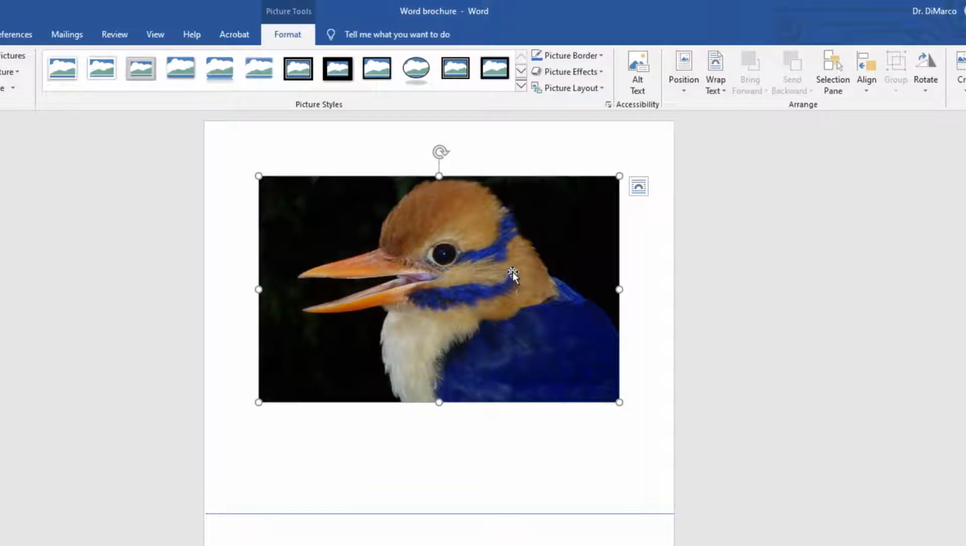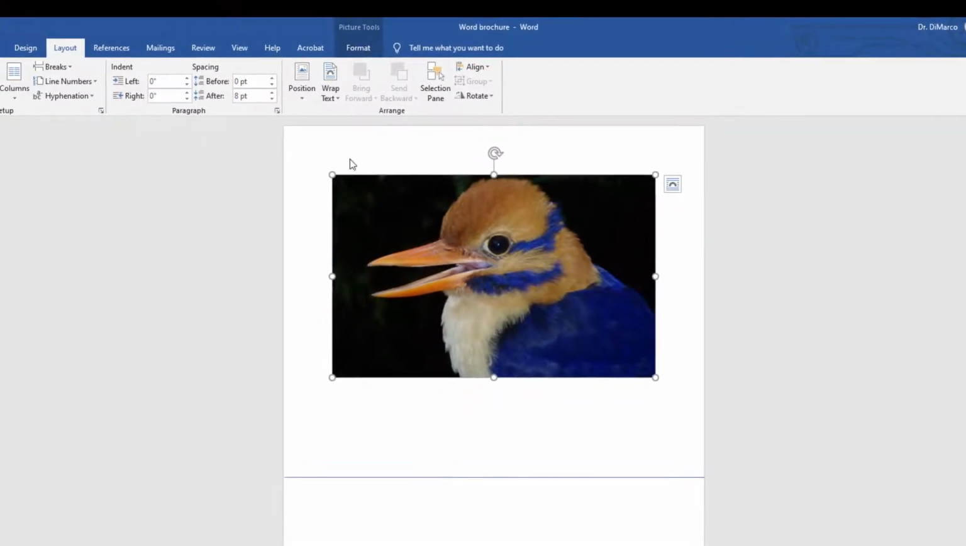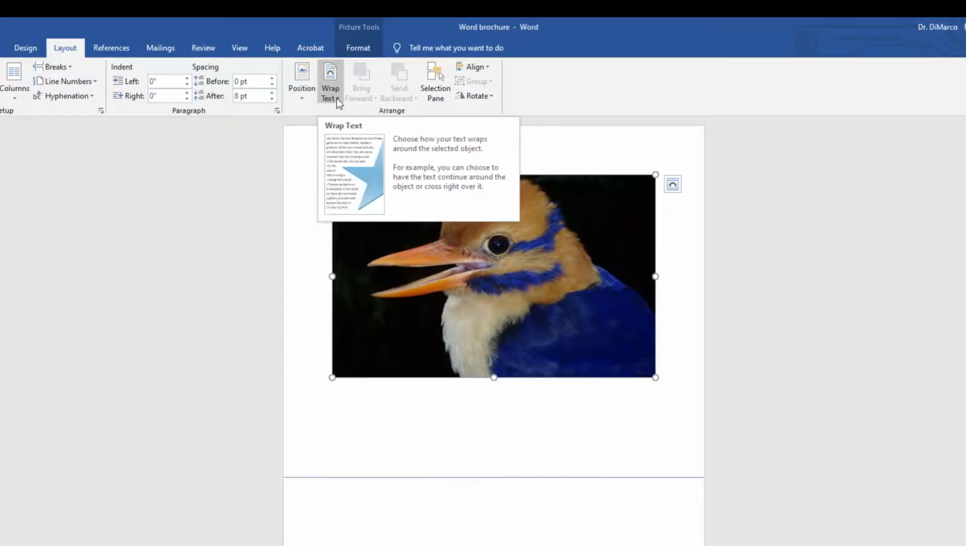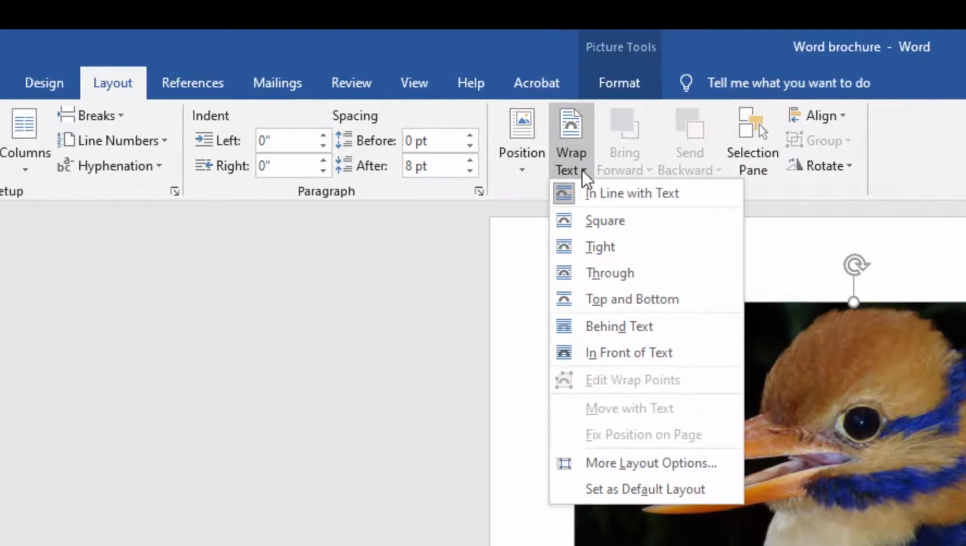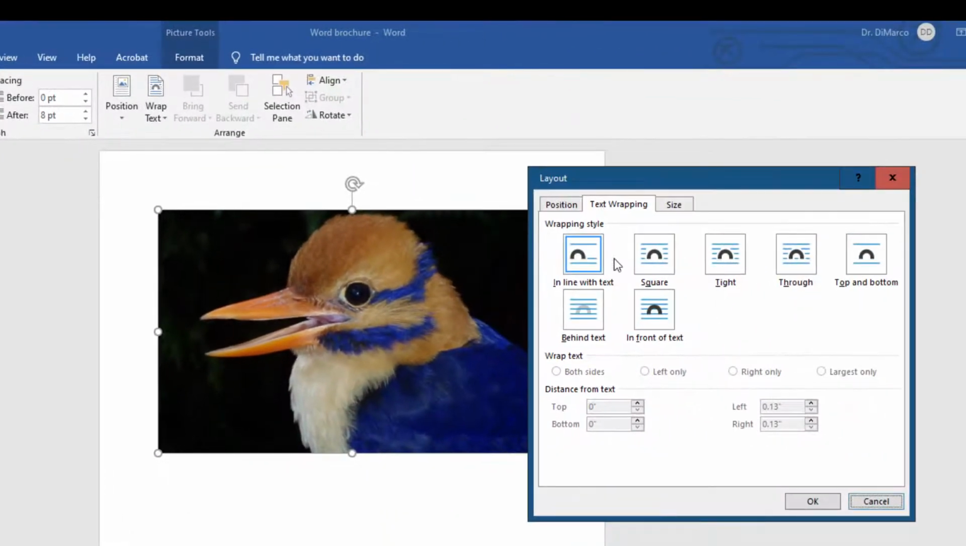So the first thing I have to do is I have to unlock this. I have to get this ready to be moved around. So I'm going to go to the Layout menu. And once I go to the Layout menu, now I can start to use this as a layout tool. But before I can do that, I've got to go to Text Wrap. And I'm going to go to Text Wrap, and we're going to go to More Layout Options. When we go in here, we're going to see a bunch of text wrapping options. We always want to go to In Front of Text,